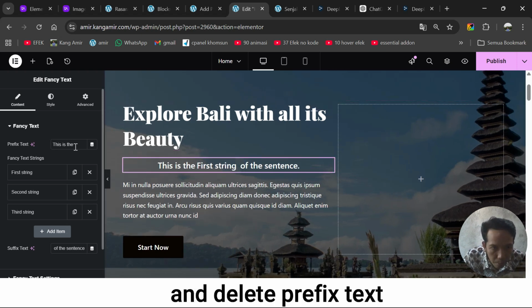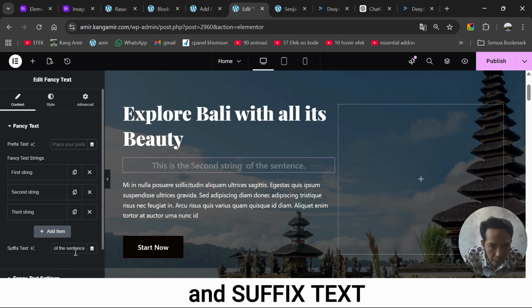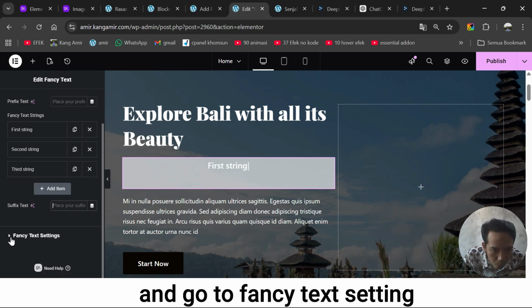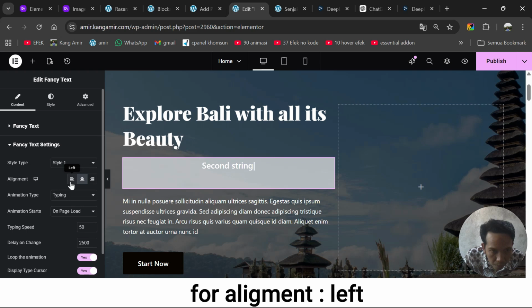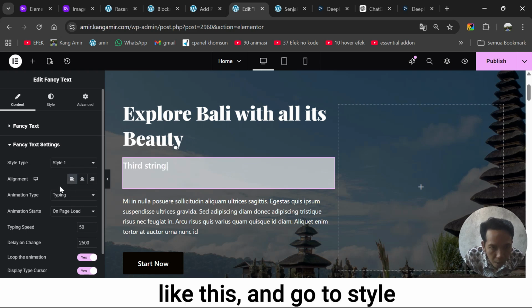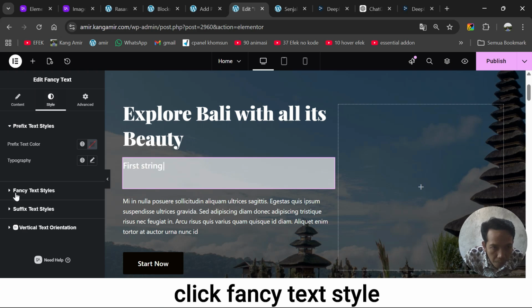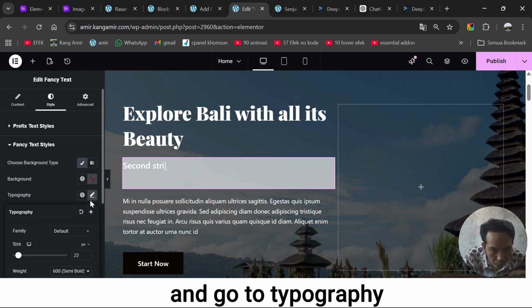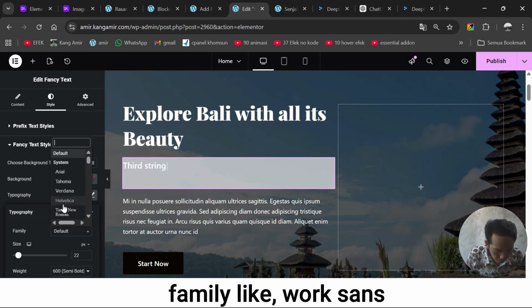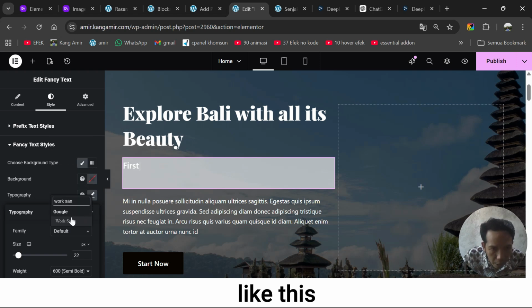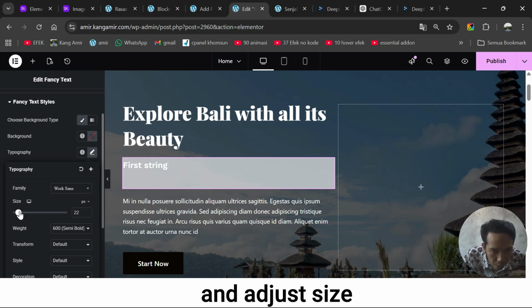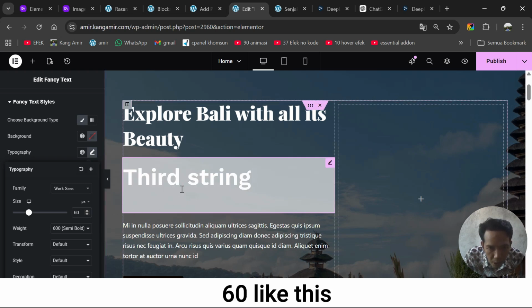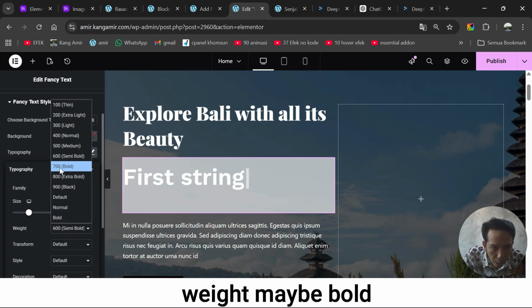and delete prefix text and suffix text, and go to fancy text setting for alignment left like this, and go to style, click fancy text style and go to typography family like words like this, and adjust size maybe 60 like this, weight maybe bold